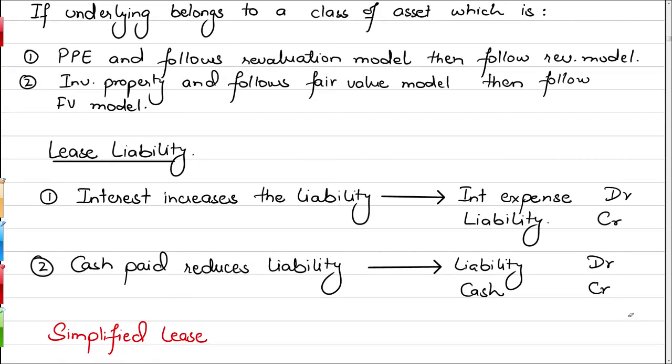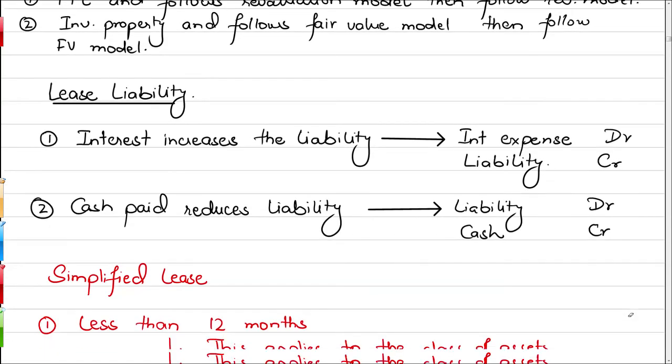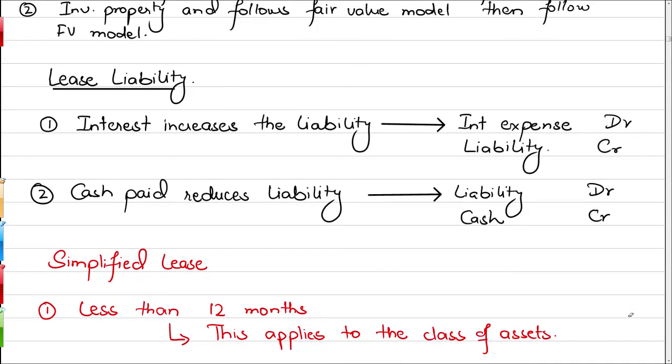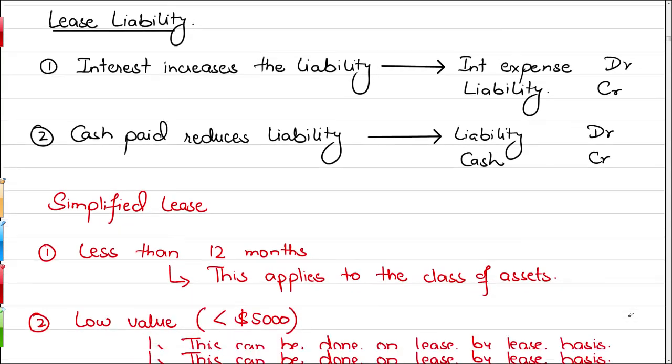Now there is a simplified lease as well, which I told you can be either less than 12 months or a low value asset. In this case, the working will be absolutely the same as what we previously were doing with the name of the operating lease, where we were spreading the expense on a straight line basis over the lease period,